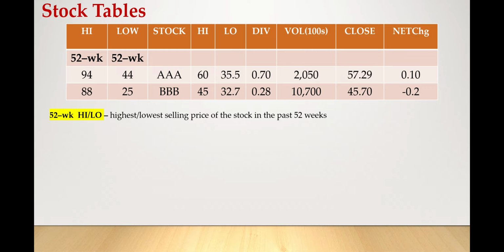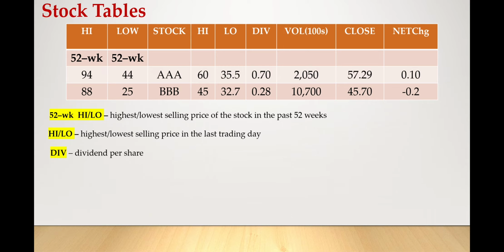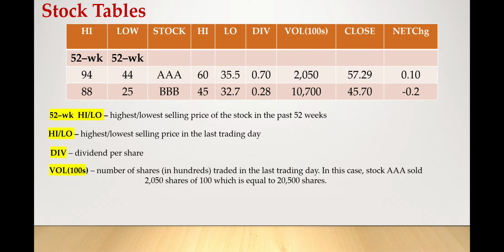52-week high-low means the highest and lowest selling price of the stock in the past 52 weeks, and high-low means the highest and lowest selling price in the last trading day. Div means dividend per share, and volume per hundreds means the number of shares in hundreds traded in the last